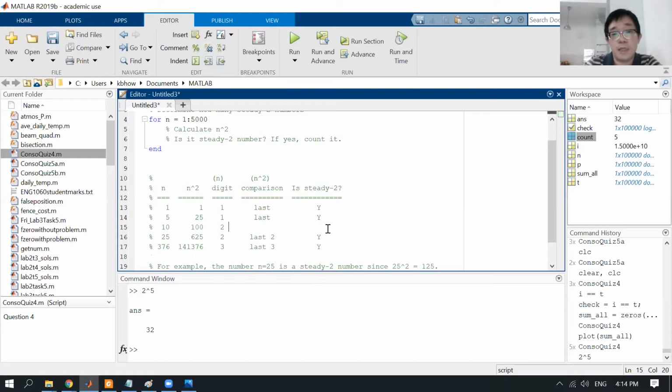Okay, so in that case, I will need to compare the last 2 digits of the result, which is this last 2 digits. So I can see that this is 10, and this last 2 digits is 00. So is it a steady 2 number? It is a no. Okay, so it looks like if it is not a steady 2 number, this table is still able to give me the analysis correctly. So we can now start to write the code, and try to generate all these columns